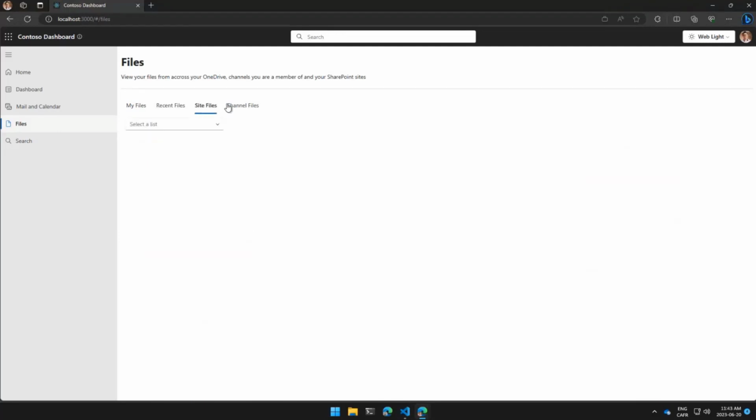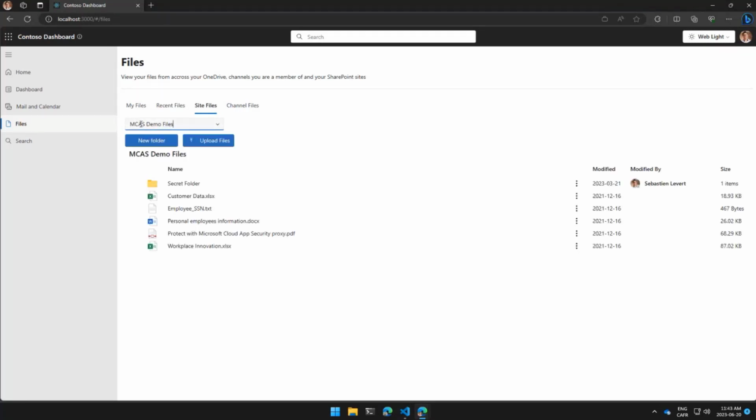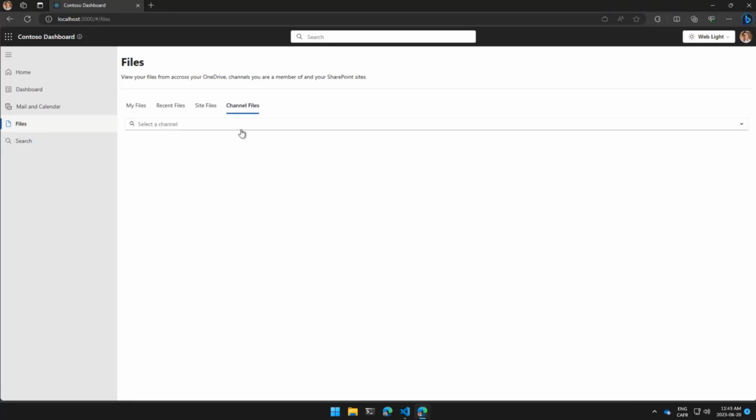A good example here is the use of our picker. This is our MGT picker that allows you to select, for example, a list or a document library where we can dynamically load the data right from here. We have our channel file, which is our channel picker. Let me do that. Loading, or it's not. I don't know why. Little hiccup during the demo that had to happen.